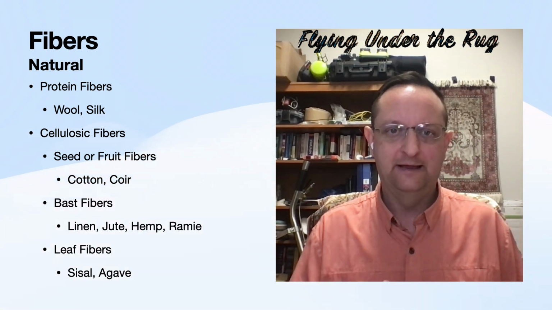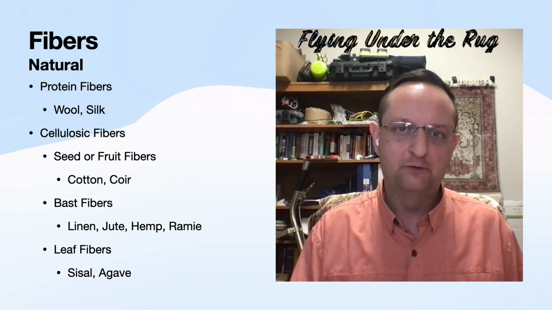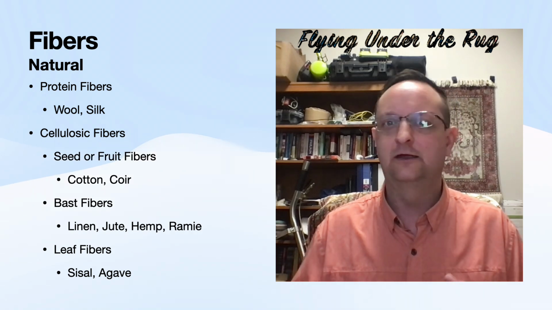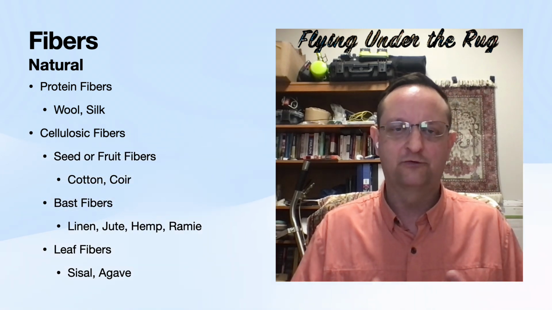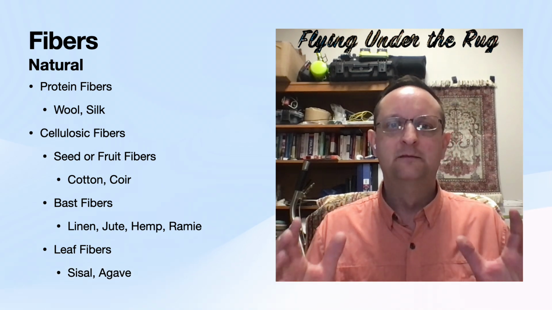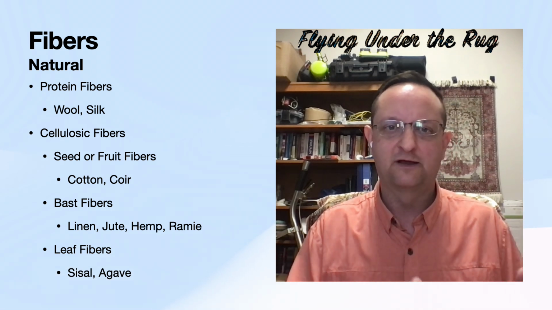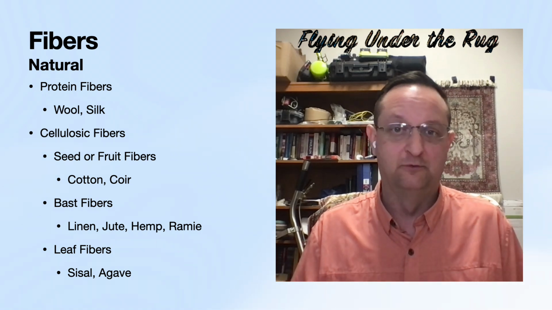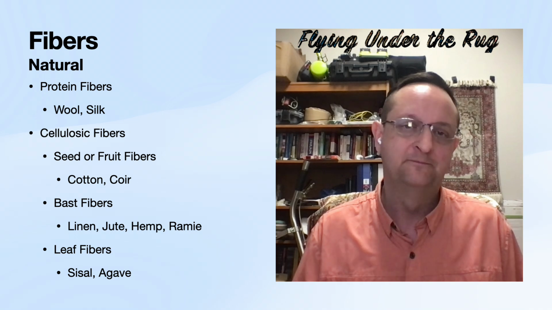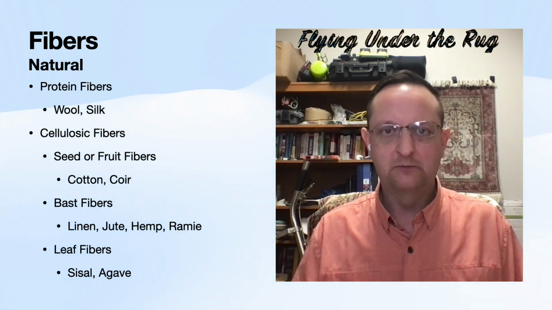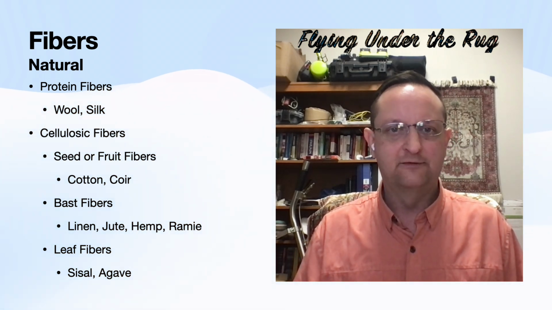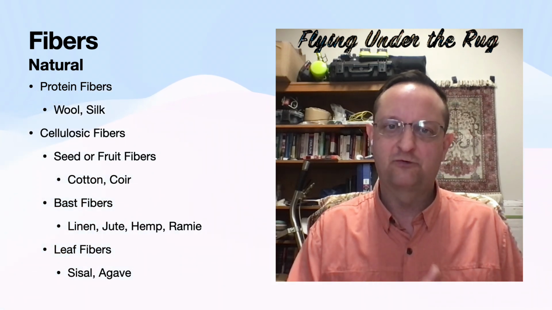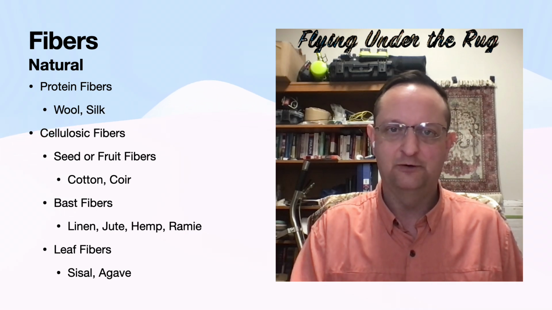Wool comes from the hair of an animal. Usually when we're referring to wool, we're thinking about a sheep, but it could mean alpaca, llama, camel, rabbit, any of those. There are specific names for each one of those as well, but for the purposes of this discussion, we're talking about wool, and it's any animal fiber. We're going to treat it all pretty much the same way. Silk comes from the cocoon of the silkworm, and it's very fine, very thin, but also a protein-based fiber. So we need to make sure that we're treating it as a protein-based fiber.